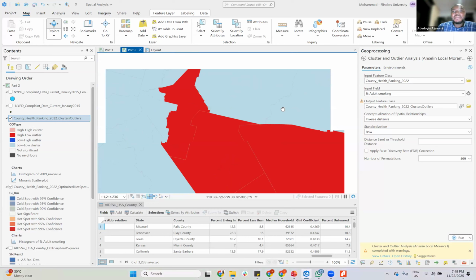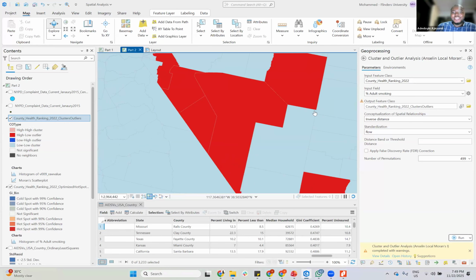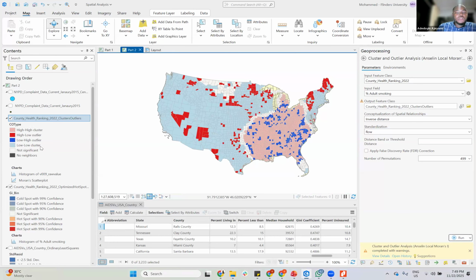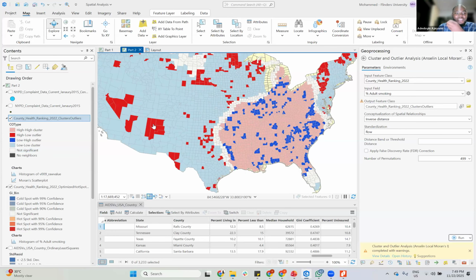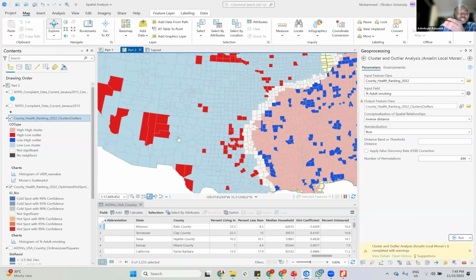But this place, that means in your tool, when you run your hotspot analysis first, you need to run this other one for you to know this. You can see that it's saying low high outlier. It means low percentage of smoking within a high area with high percentage of smoking. That's what this low high means. The high low means this place is a low cluster, but this small place,